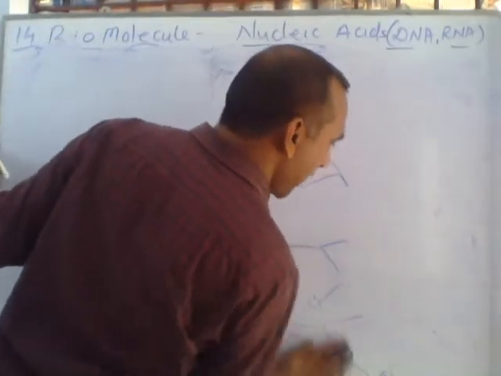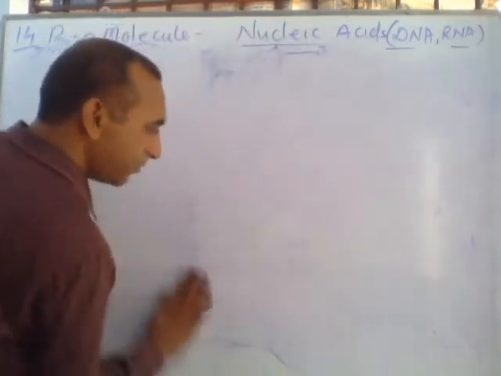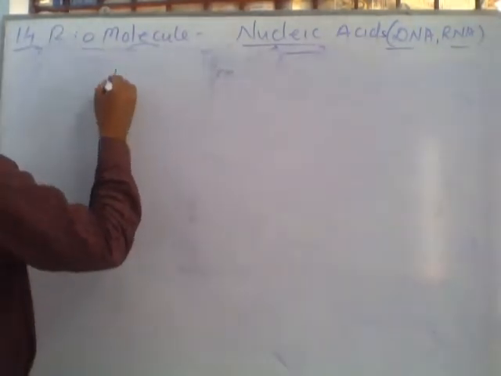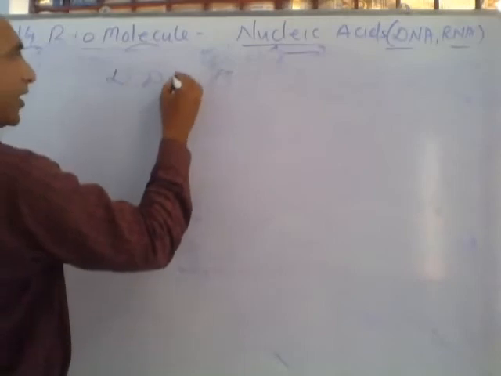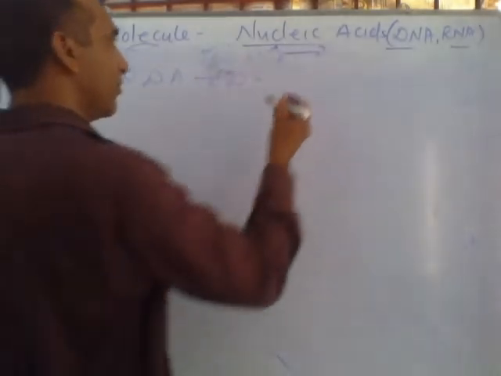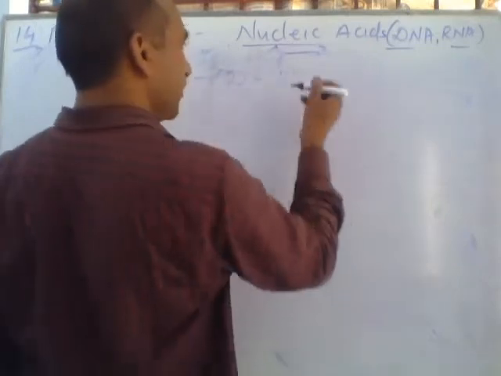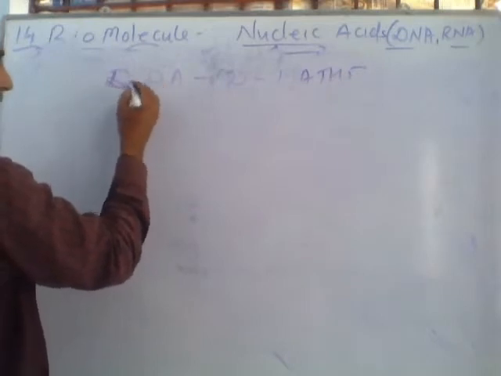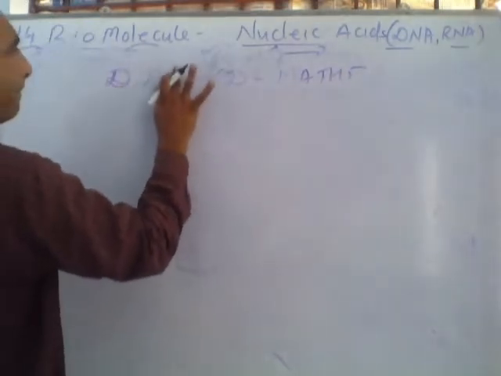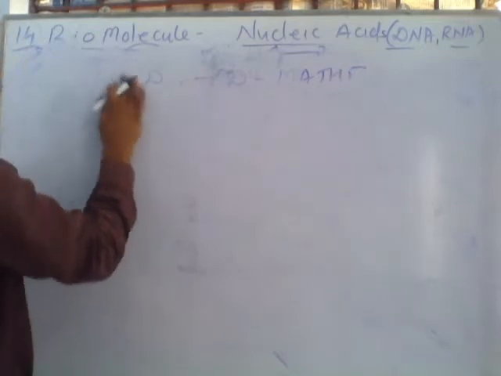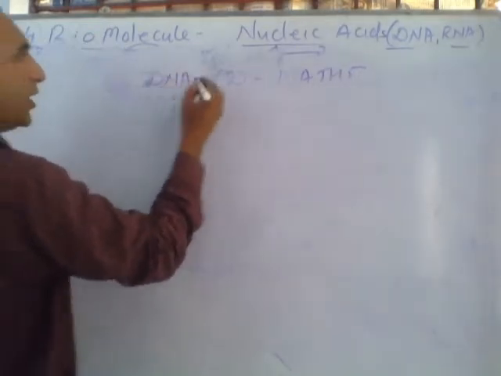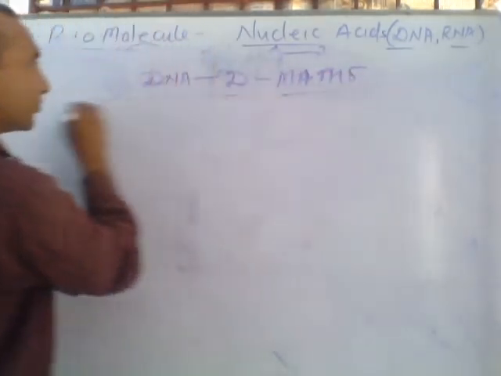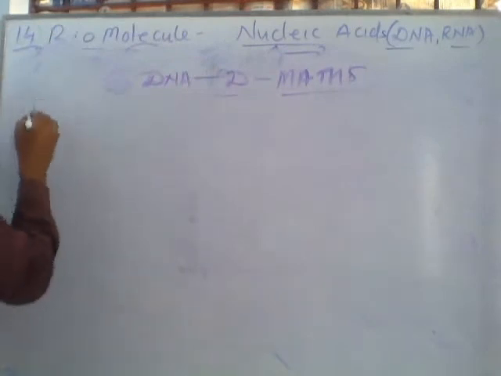So the last important topic, how can we distinguish between DNA and RNA, the difference between DNA and RNA. So I am writing here a trick. You will tell me what is the meaning and what is the basic difference between DNA and RNA. This is the trick. DNA, D mass. Meaning DNA D mass. Number 1.